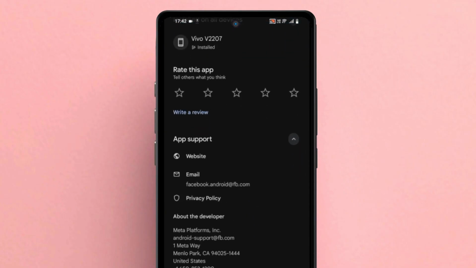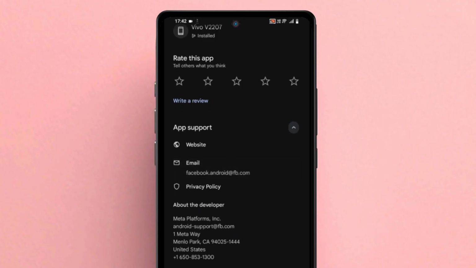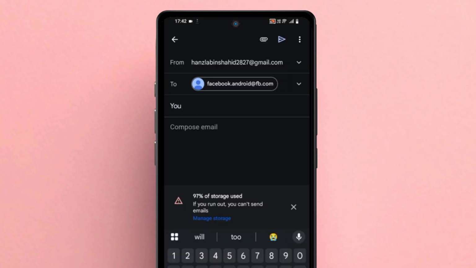Then, tap on the email option to contact Facebook support. In the email, enter the subject as "You submitted an appeal." In the message, include your appeal details such as your appeal ID, the problem name, and your account name. After sending this, Facebook will review your appeal and guide you on the next steps to restore access or resolve